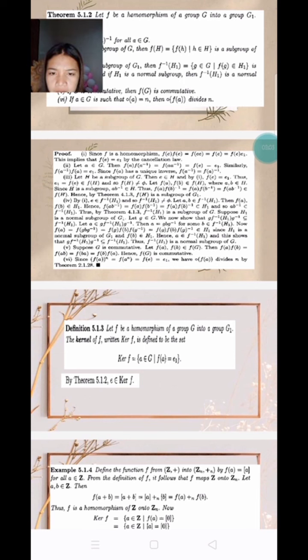So, in definition 5.1.3, let f be a homomorphism of a group G into a group G sub 1. The kernel of f, written ker f, is defined to be the set ker f equal to the set of a in G such that